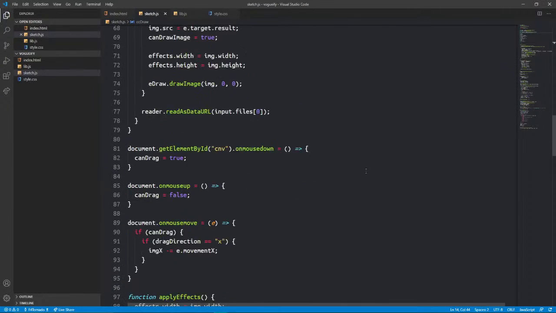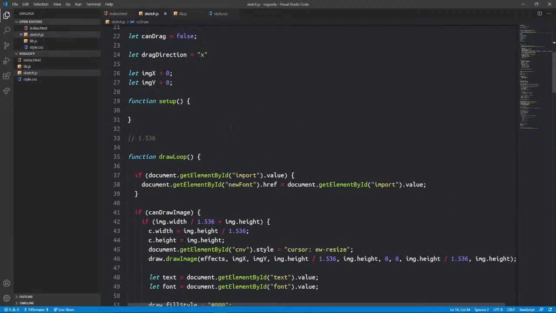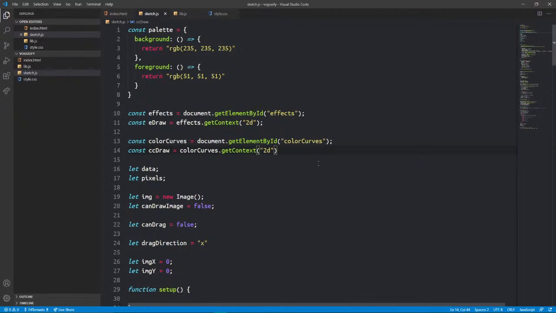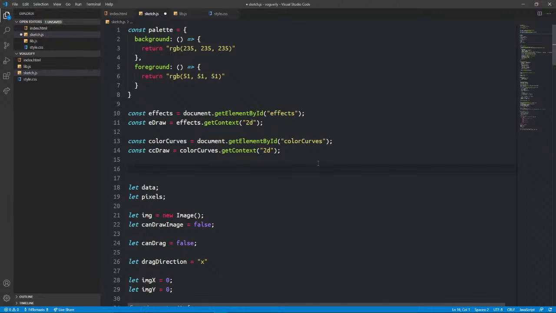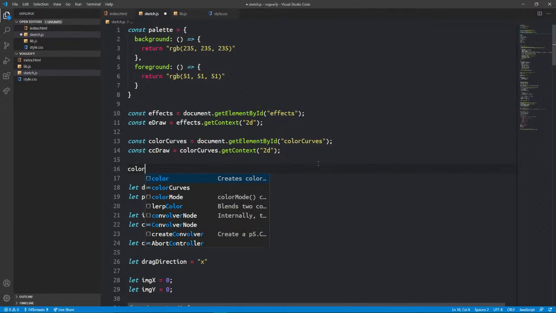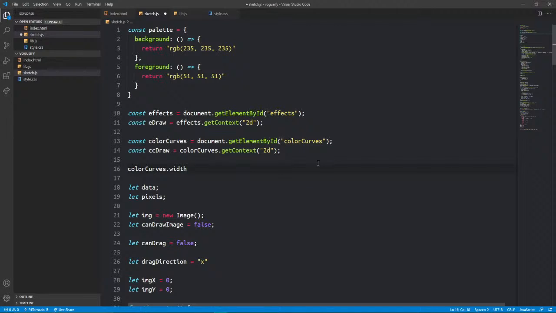So then what we can do is we need the width and height to be the screen width and height, but like smaller. We'd want it to be proportional to the screen width and height. So let's do colorCurves.width. Set the width to the